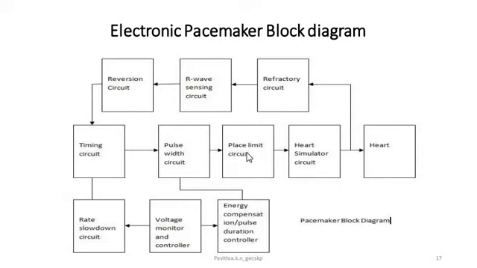And what is this phase limiting circuit? Its function is to limit the pacing rate. The maximum pacing rate is usually selected as 120 pulses per minute, and the circuit limits the pacing rate by disabling the comparator for a preset interval of time. It has a comparator inside it, and it disables it for a particular period of time, and by this action it delays the pace.